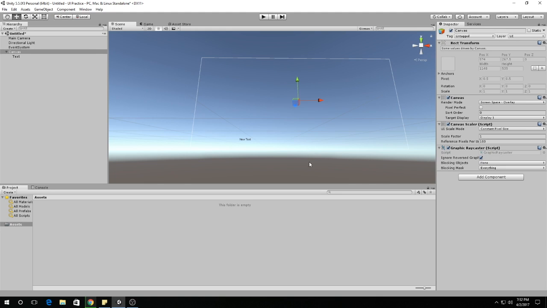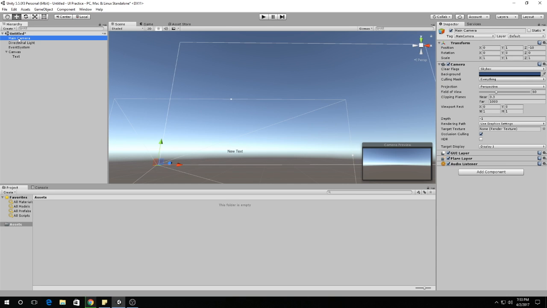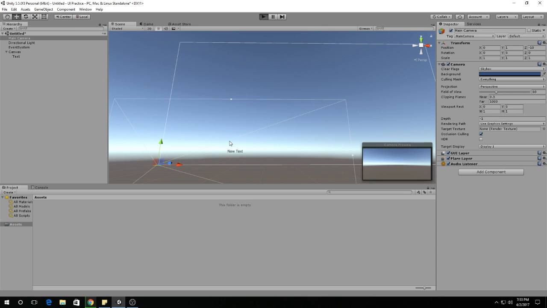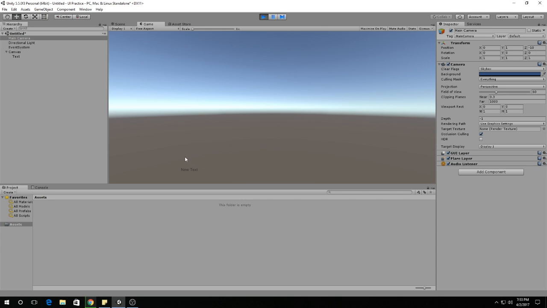If I select, notice that new text appears partway down the screen when working with my canvas. If I click on the camera, or let's actually preview the game. If I preview the game, you can see that new text appears in about the same location as it does on my canvas. Even though the canvas is much, much larger than the camera,